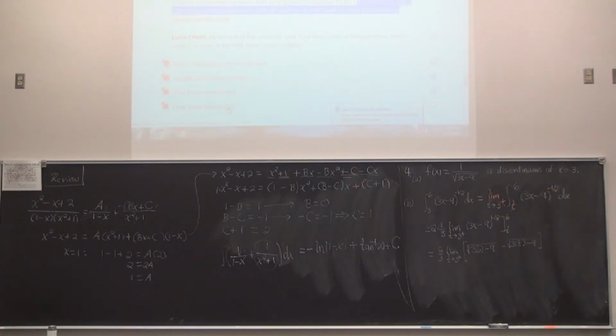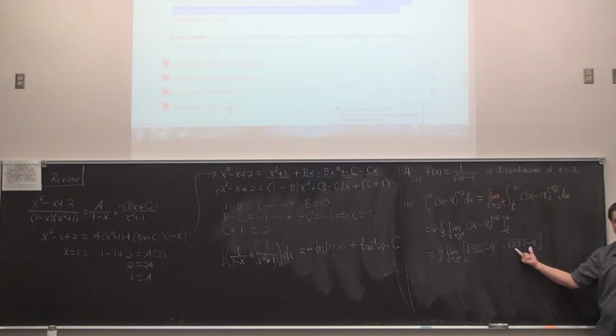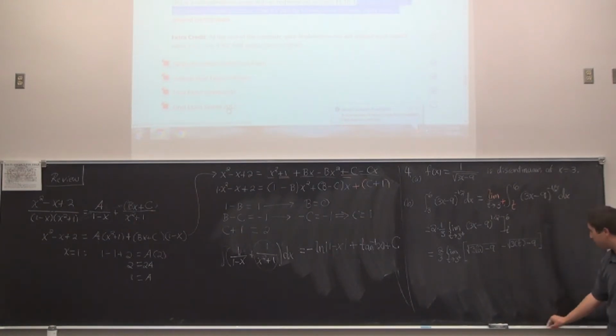Okay, so then we have limit laws that are taking effect. The limit of a constant is just a constant, so this does nothing whatsoever. We just leave it in. But in this particular portion right here, t is getting closer and closer to 3. And as that happens, the thing inside the root is going to get closer and closer to 0, and the square root of 0 is 0. So in the limit, that approaches 0. And that was one point to give the appropriate limit at that step. Does that make sense for that particular problem?